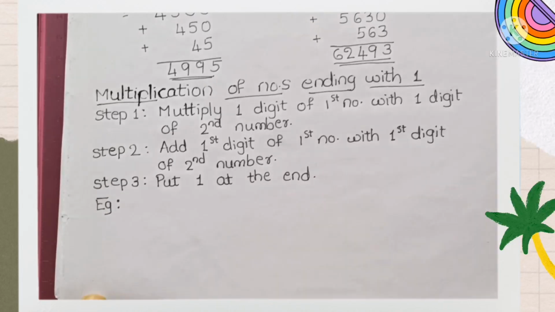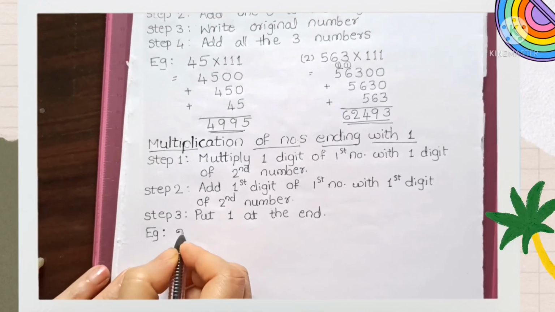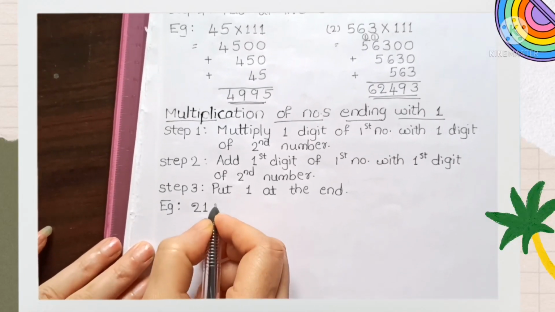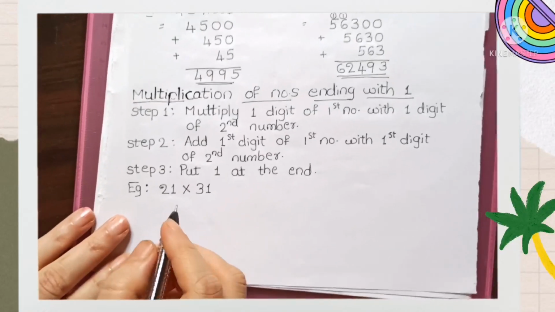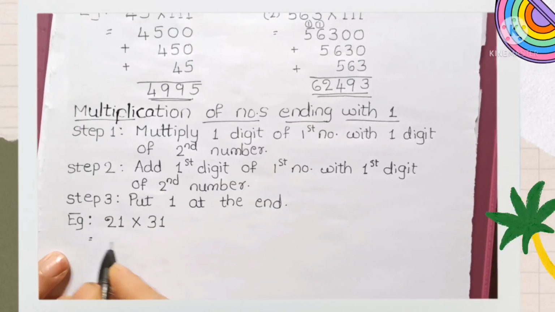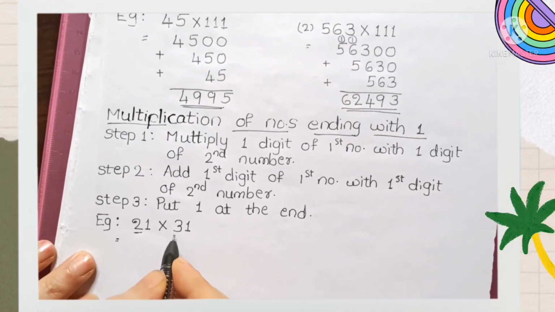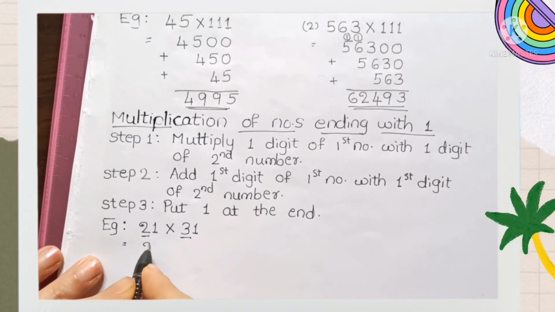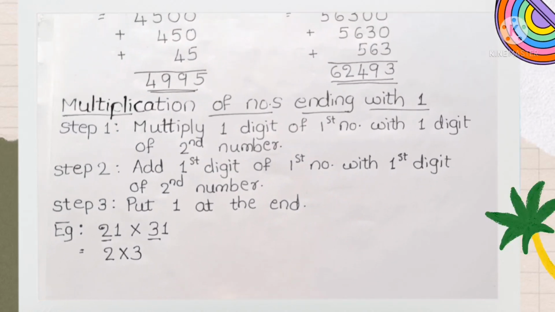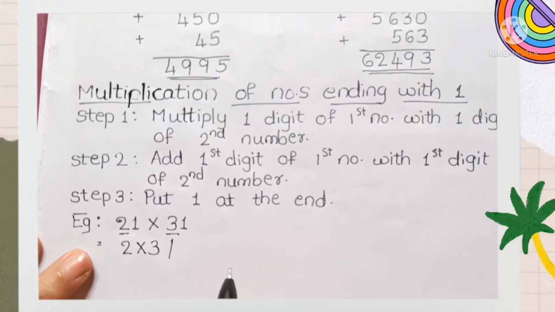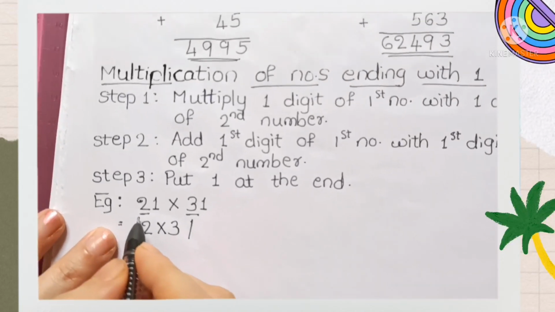तो हमारा सेकेंड एग्जाम्पल है 21 × 31। सो हमारा फर्स्ट स्टेप है कि हमें फर्स्ट डिजिट ऑफ फर्स्ट नंबर एंड फर्स्ट डिजिट ऑफ सेकेंड नंबर दोनों को इंटू करना है। मतलब 2 × 3। और हमारा सेकेंड स्टेप है